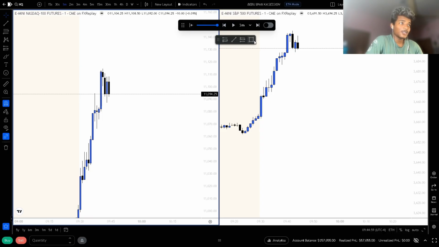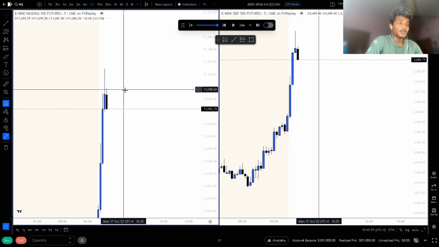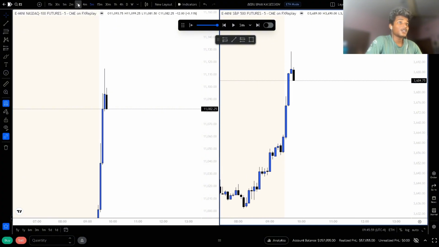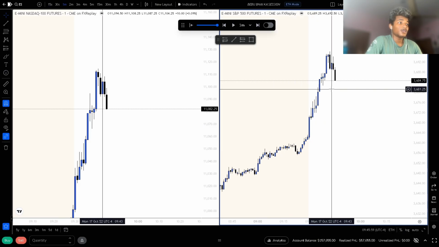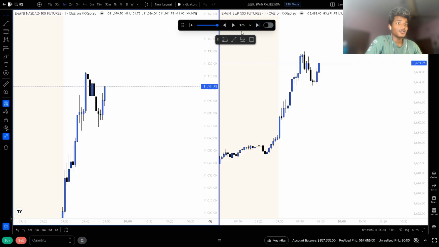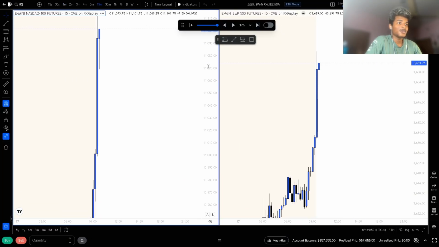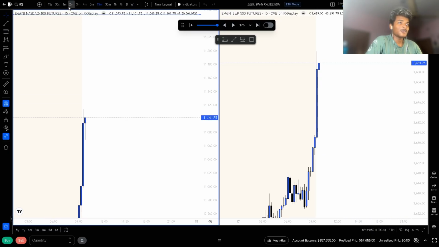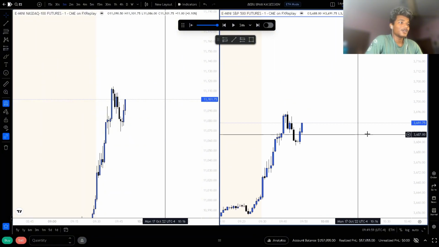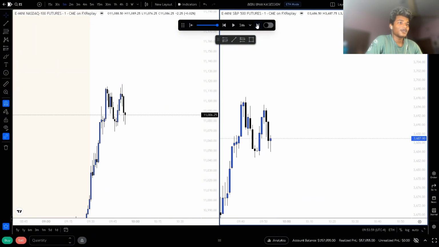So we are getting some rejection here. We inverse this gap as well, but we are inside this 5 minute, and yes is already inside this 5 minute. So I don't think this is a nice shot, and this is a break even. There is a nice long setup, but I will not take this. This is against the bias, bro. Higher time frame is bearish. Why the hell would you take that? It's a break even as well.